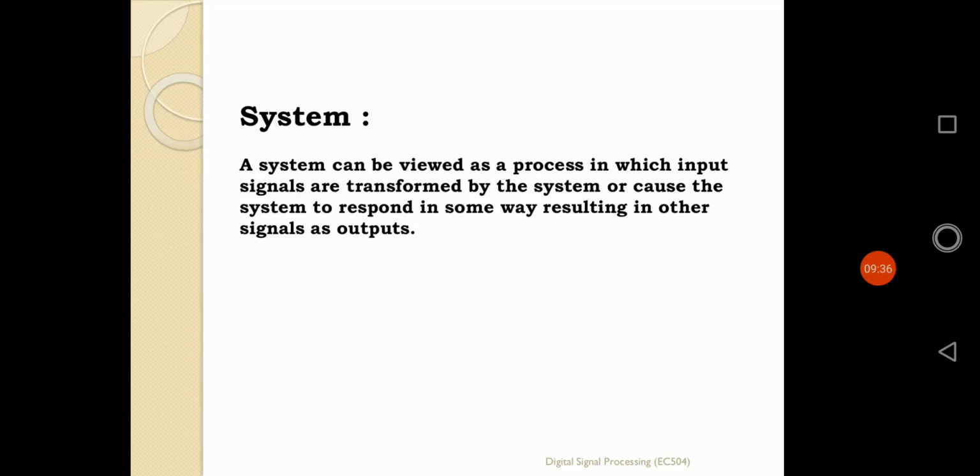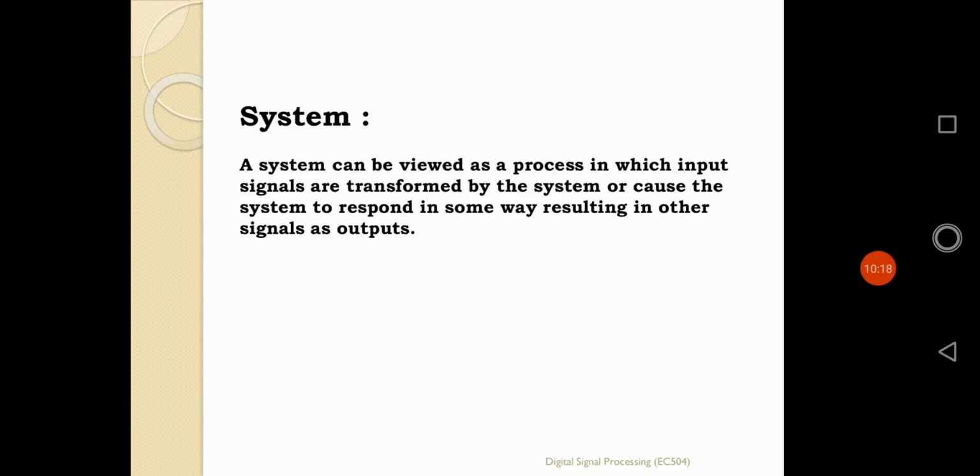So after running that portion, we are gathering some idea about signals: what the nature of signals is, what the different types of signals are, how a signal can be a continuous time signal, how it can be a discrete time signal, and what the nature of their dependence on time is. In our last class, depending on the different nature, we saw classifications such as power signal, even signal, odd signal, aperiodic signal and energy signal.